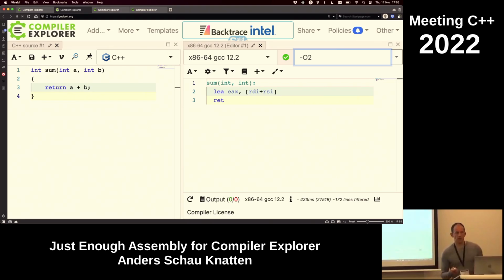But LEA, remember that one? Load effective address. So why are we loading addresses? We just want to add 2 ints that we got in some registers. We don't need any addresses. Well, LEA is